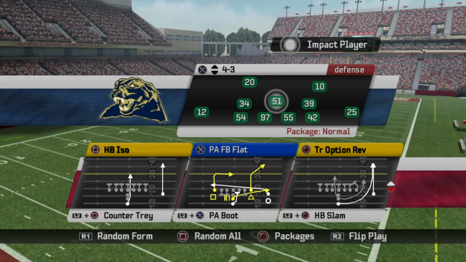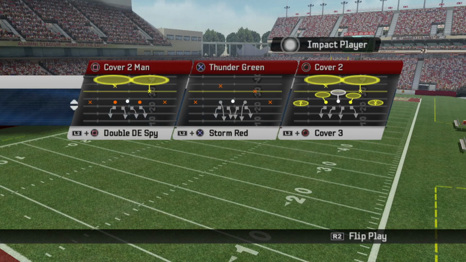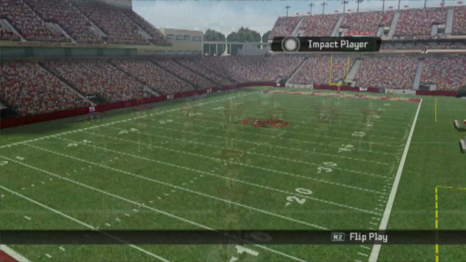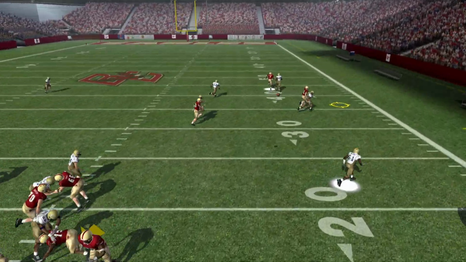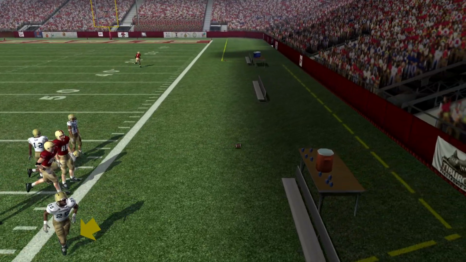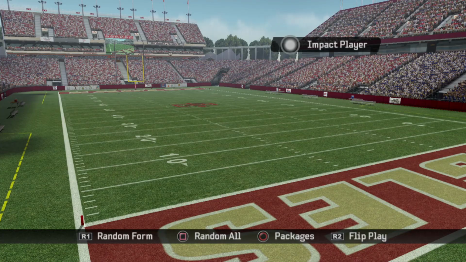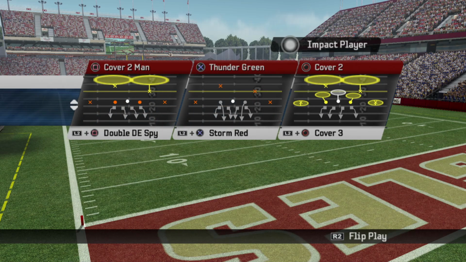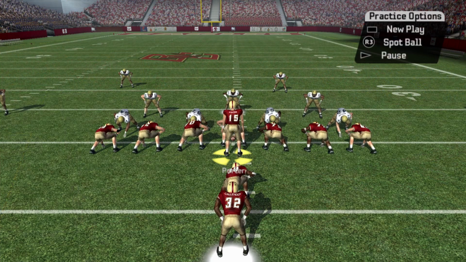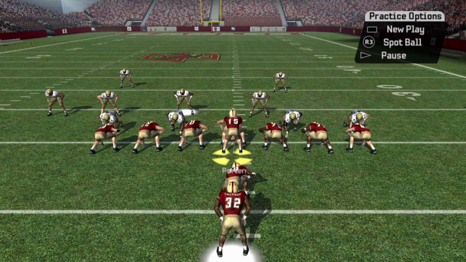We can go back and I can show you what that flag route looks like against, let's go, cover 2 man is fine. I can never seem to get it to him. He's covered up, and it's just not a very good route against man. But against zone, you see me run this 100 million times. Let's go up against a cover 2. Your cover 2 is when you have